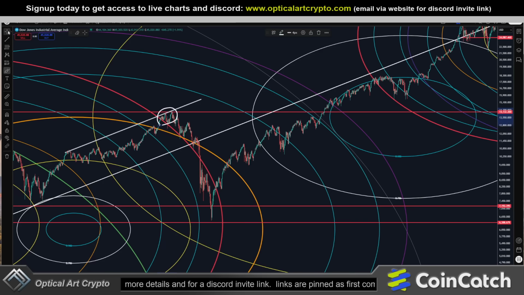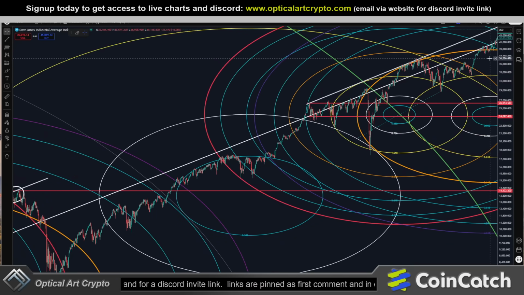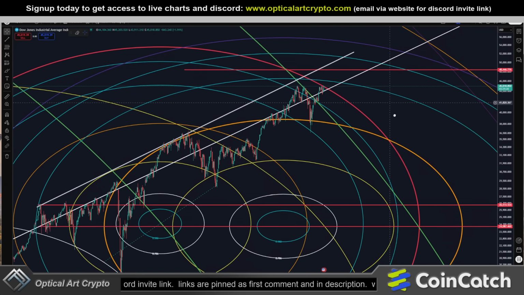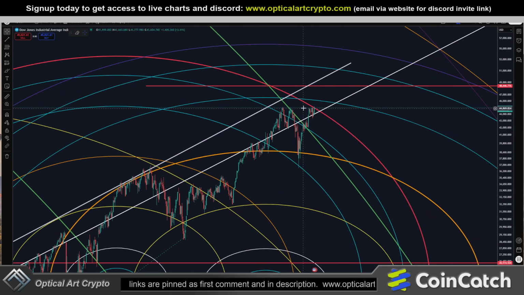So it is very possible we could get one more pump, if it plays out like the previous cycle, and you can see we are respecting this ring. When we approached it, we made contact, we got rejected. So it's possible we could push up, cross it, come back, touch it as support. Again, that'd be confirmation for me we're respecting the ring. We've already crossed it. Then when we push up, at least for the Dow, 46,000 looks like an ideal point to open some puts. These are our weekly candles, so again, this takes time to play out,